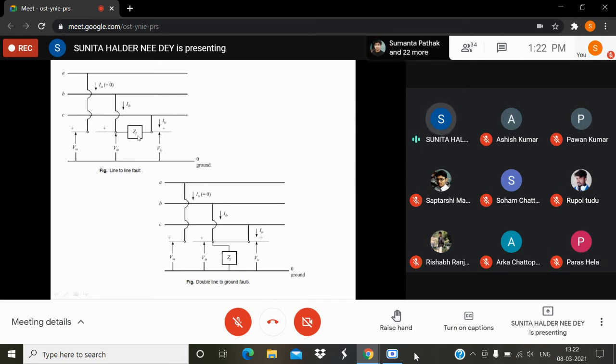Here also the A phase current will be different from the B phase current and C phase current, so it is an asymmetrical fault. Similarly, when these two phases are shorted together and then connected to ground, it is also a double line fault, but here ground is involved. Then it is called a double line to ground fault. So single line to ground fault, line to line fault, and double line to ground fault are asymmetrical faults. These are the normal faults that can be observed.